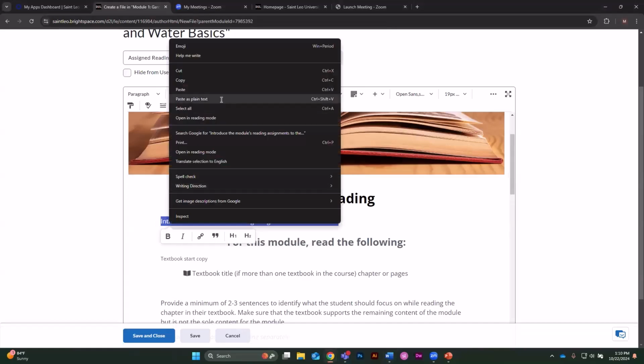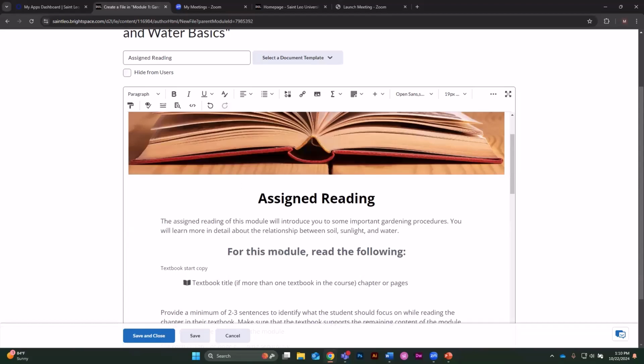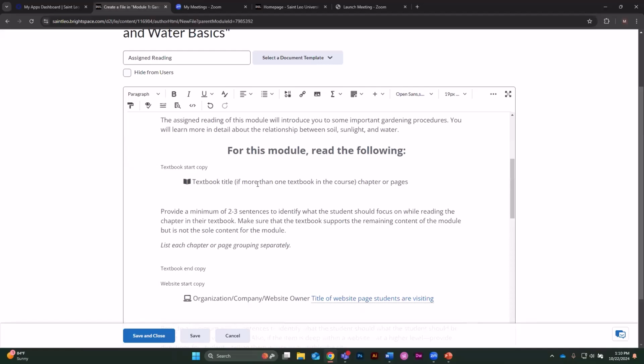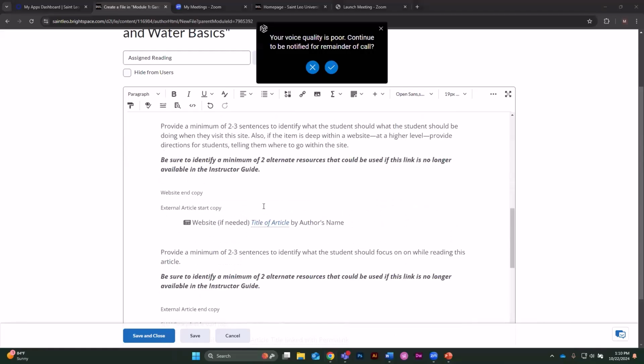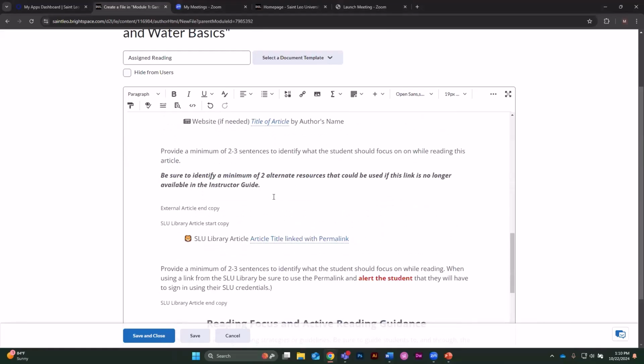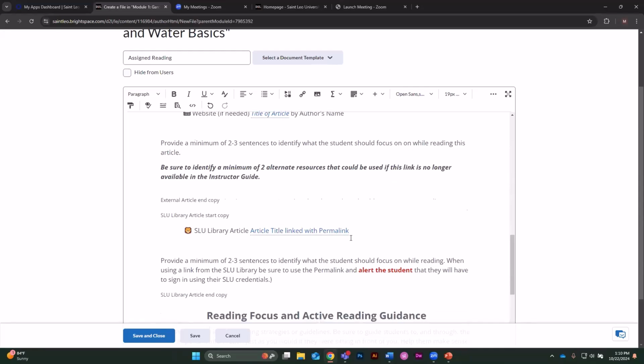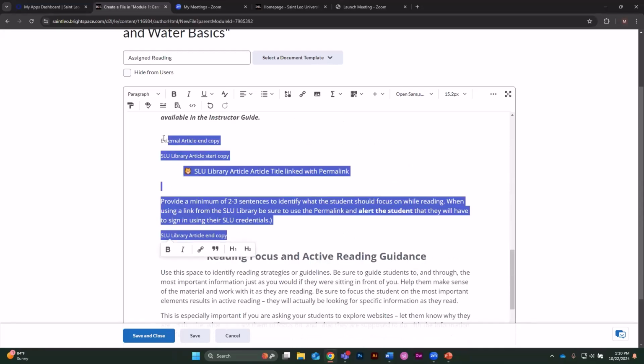And for this module, read the following. And it has a lot of information. You can give them the book they can read and the chapters, a website they can visit, an article that you want them to read, or even an SLU library article that you recommend them reading. Whatever you have, you just populate that information. If you don't have it, you just simply